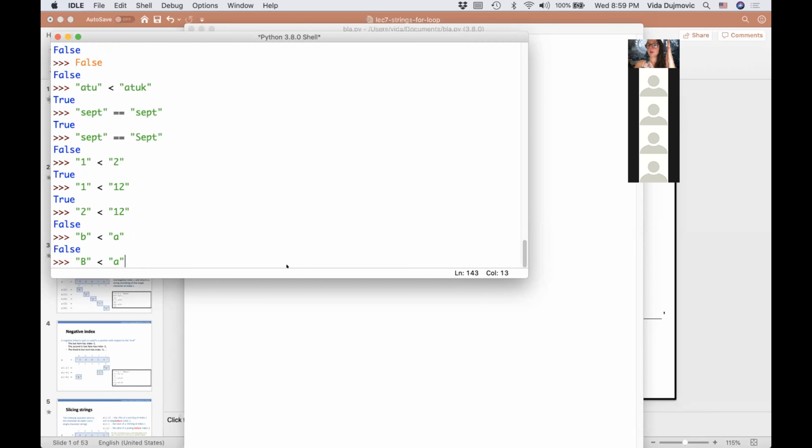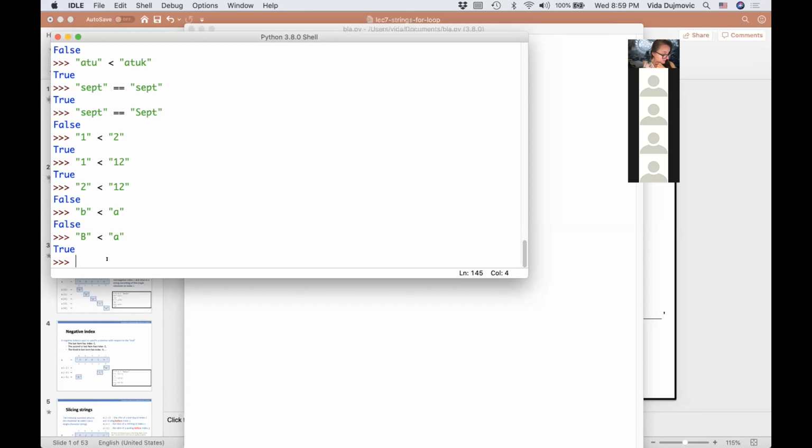Is it all the lowercase letters first, then all the uppercase letters? Is it the other way around, or is it mixed? Well, it turns out that even though B comes in the alphabet after A, all the capital letters come before all the lowercase letters. So that's why we get true here.